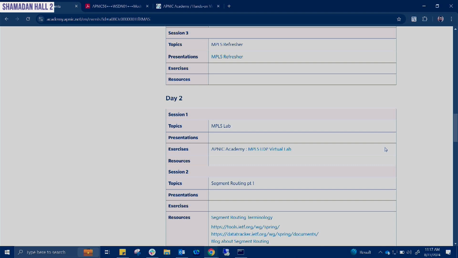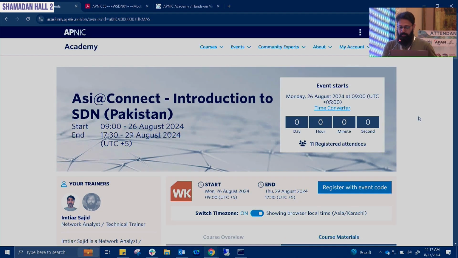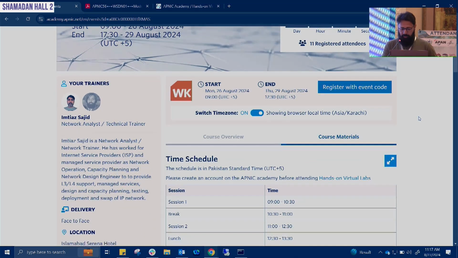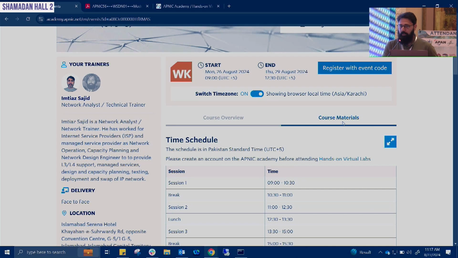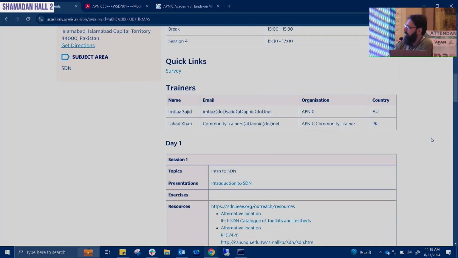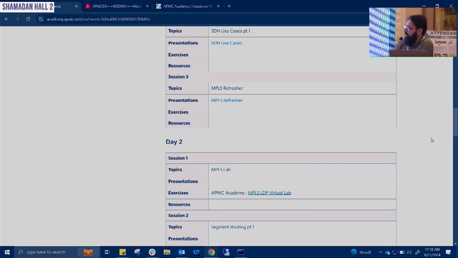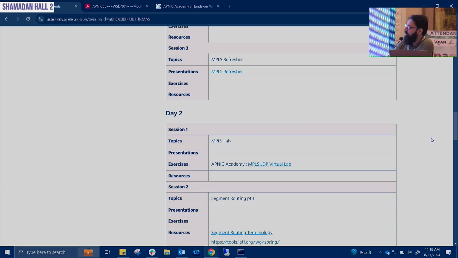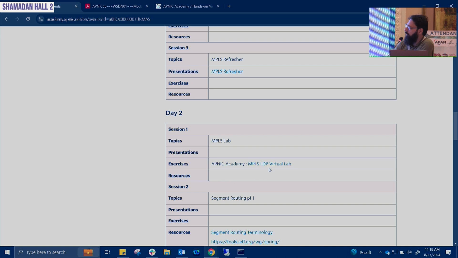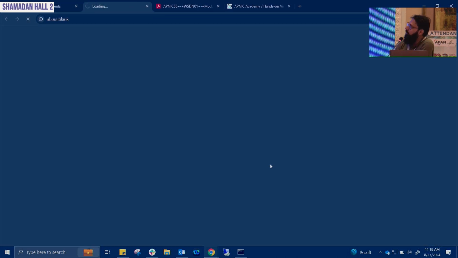Let me guide you through that. On the event page, if you scroll down to the course material, you will see the session details, the timings and all the stuff. Day one, we have already covered, with all the sessions. For day two, we are going to start off with this exercise. You can see the link here. If you click on the link,